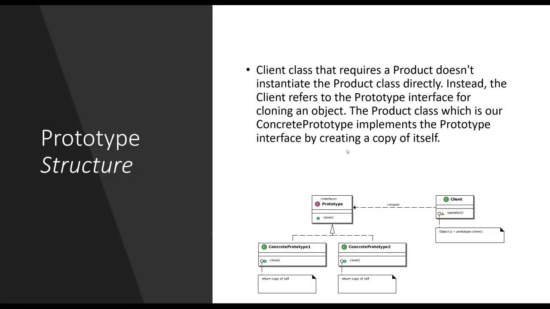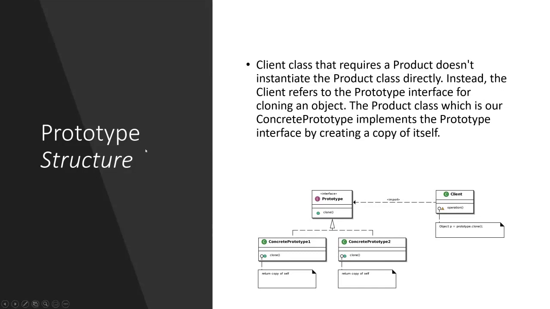Thus, the solution, instead of copying explicitly field by field, is to assign this copying step to the original object itself. And the original object here would be an instance of concrete prototype 1 and concrete prototype 2. So as you can see, inside the clone method, we are trying to return a copy of self. Since we are returning it from within the object, we will have access to all the properties and all the fields within whatever the class or object is having, whether it is internal or whether it is external.